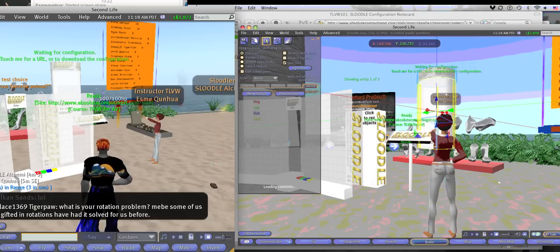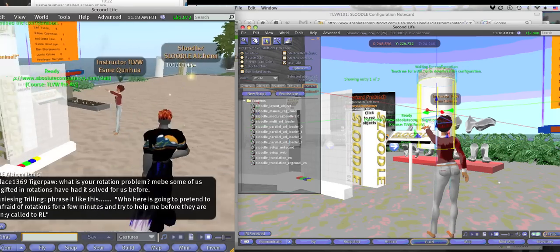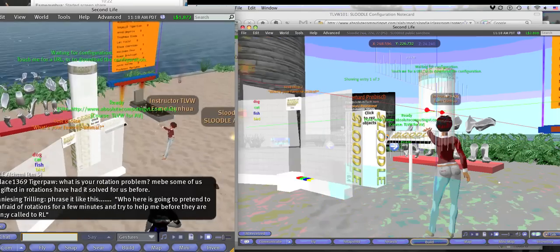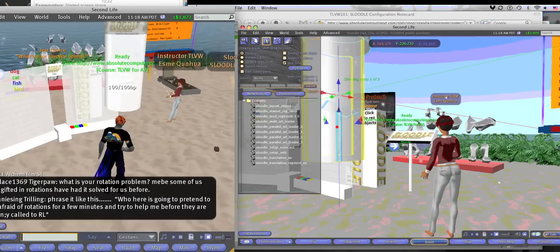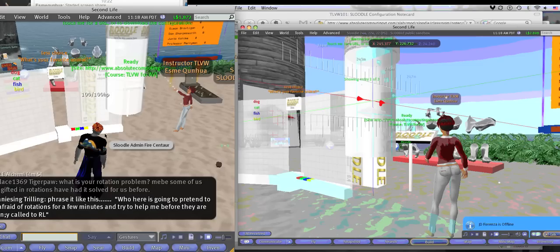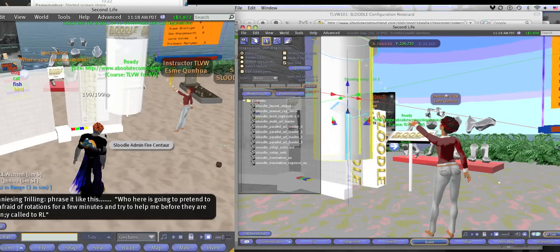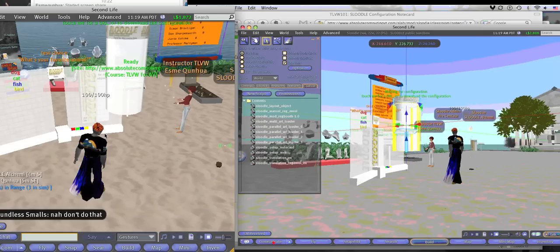Could you do me a favor too? Could you give me editing privileges of your objects in Second Life, just so I can move things around a bit for the video? Sure. You can just do that in Friends. If you open up Communicate and go to the Friends button. Yep. And then if you